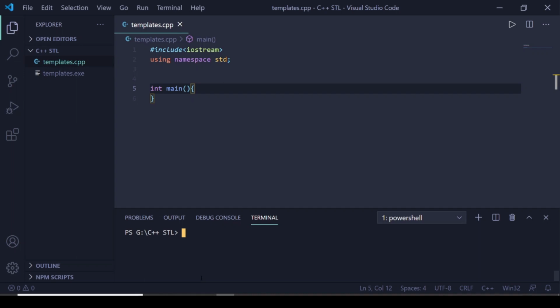So we want to utilize the functionality of C++ STL, but before directly diving into what the components of C++ STL are and how to use them, we should first know how they work, because if we know how things work, we can easily use them. For learning C++ STL, we should learn templates, because the Standard Template Library, as it has the word template, is based upon templates. So we first learn templates before directly diving into the Standard Template Library.